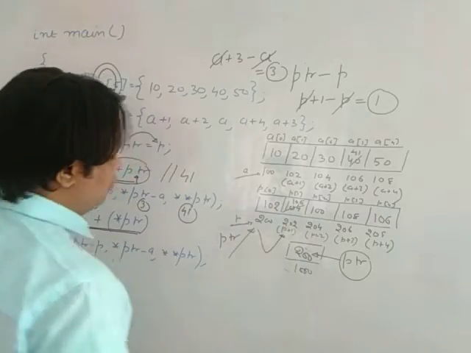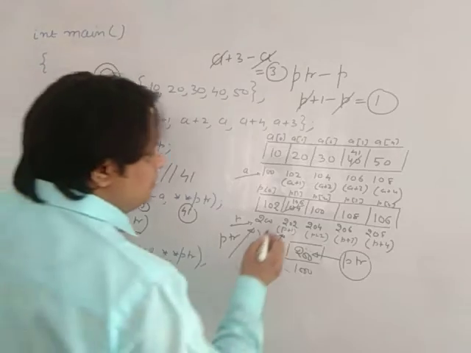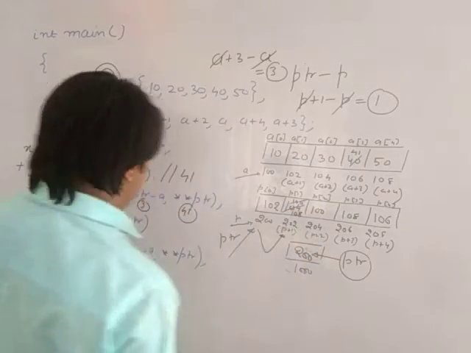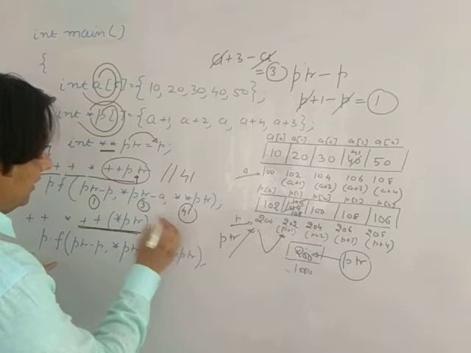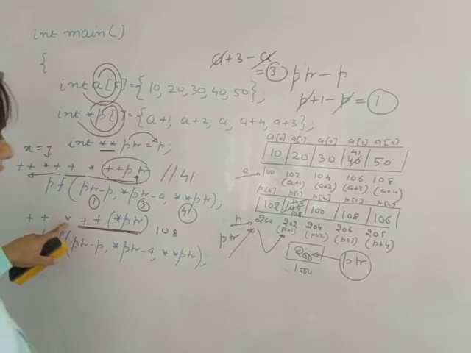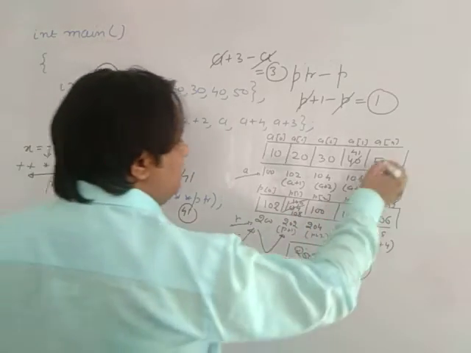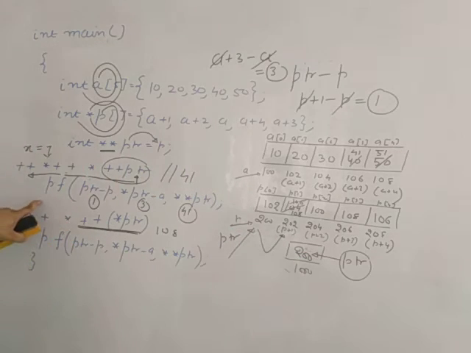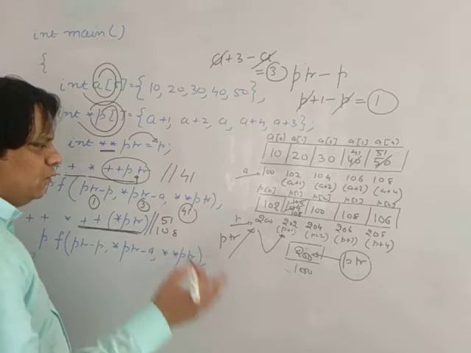Your pointer is pointing 202, star of 202 is 106, and you are incrementing that 106. So instead of 106, now it is 108. So after this line, it's 108 instead of 106, and star of 108 is 50, and you are incrementing that 50. Now this becomes your 51. अगर यहाँ पे कोई वेरिएबल होता y, तो y की वैल्यू कितनी आती? 51, पर यहाँ पे नहीं है, so we kindly ignore that thing.